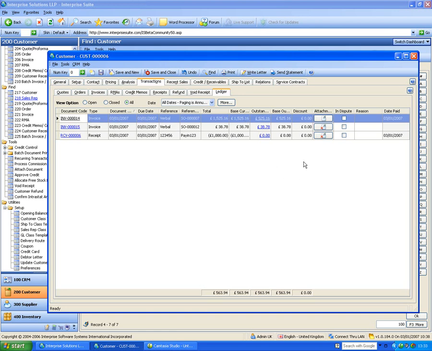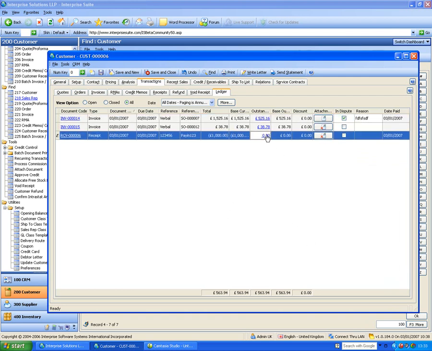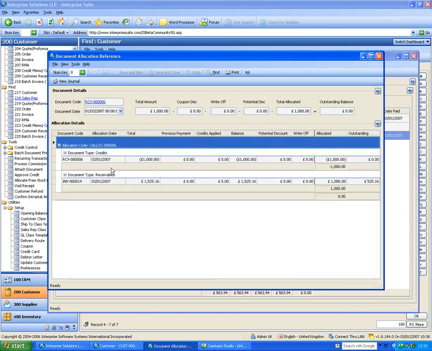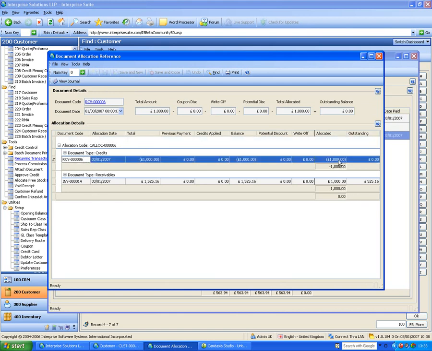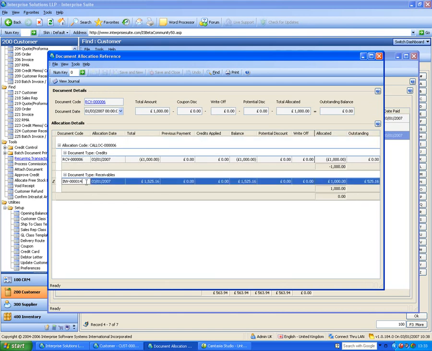Now, the base outstanding amount, was there any settlement discount taken? Are there any attachments? Is it in dispute? If I tick that box and write a note, then I can keep that with it. Now, this receipt here has got 0 outstanding. If I double click on that, it will give me the allocations that have taken place against that receipt. So I can see that receipt number 6 for £1,000 was allocated against this invoice, and obviously left 525